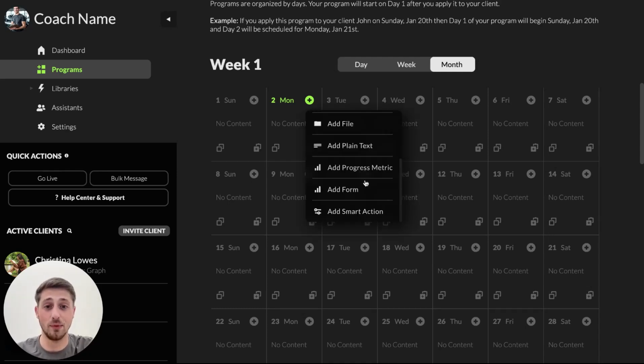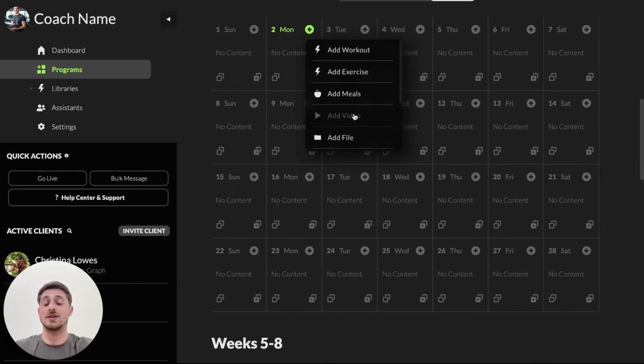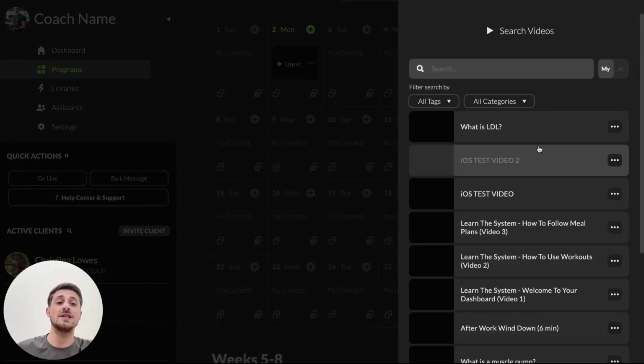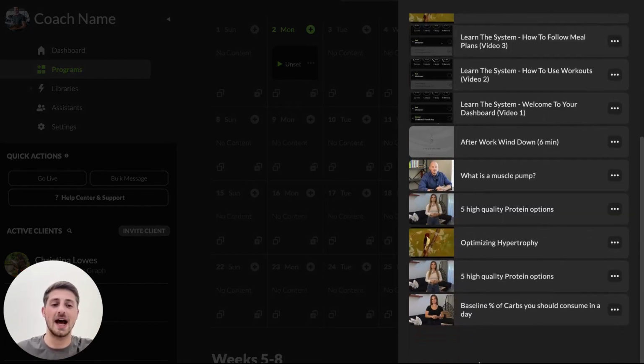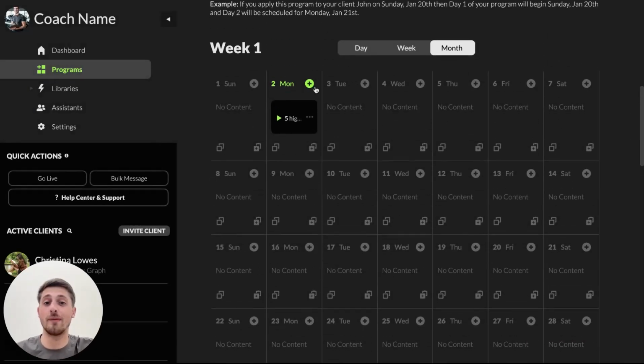And I mean, for example, things like content flows, right? So rather than you sending out Google Drives or emails with content or whatever it may be, you can just keep those directly on the programs within MyCoach AI, so they do it all within the same app. So rather than a Google Drive with different nutritional educational videos, you can use the videos feature inside of MyCoach AI to add nutritional information, have it directly put out to their schedules as little to-do things to complete day by day. Really cool to keep it into one place.